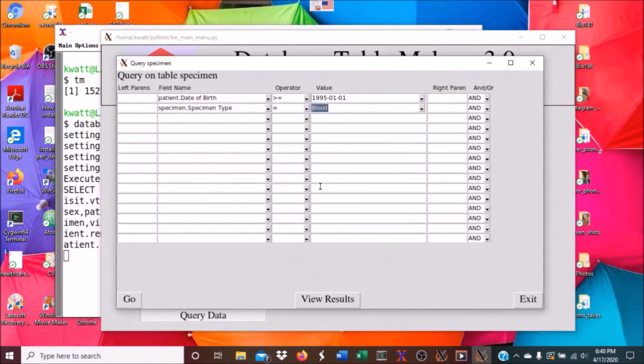Now suppose we want to find all the blood and the urine specimens. Well, we can do that. We can put the specimen type equals, and here we can put urine. Depending on what field we put here will determine what the drop down is here. So the system knows based on what values you put here, what drop down to put here. So we'll find all specimens that are either type blood or urine. And we click the Go button,